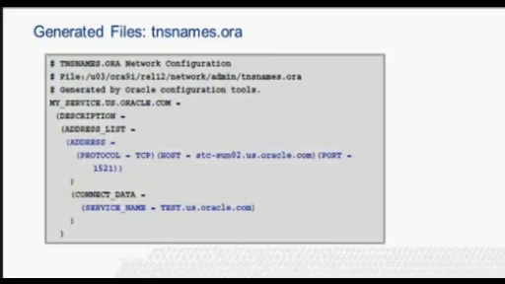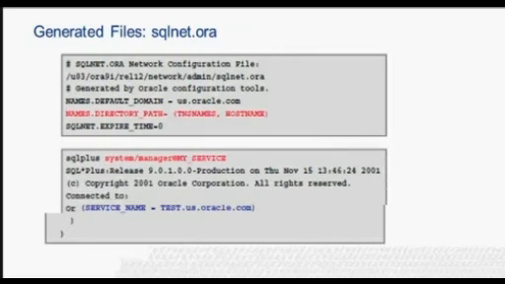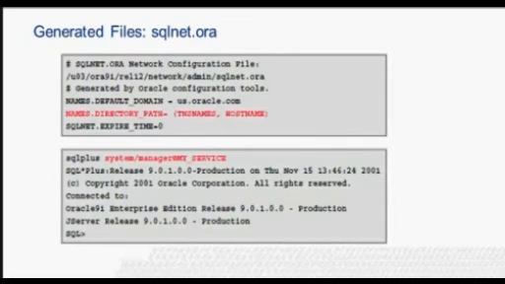Next is address. Address is the keyword for the address specification. If multiple addresses are specified, use the keyword address_list prior to the address. Protocol specifies the protocol to be used. Host specifies the protocol specific information for TCP/IP, thus the host name of the server or IP address. It can differ for another protocol. Then the port. For TCP/IP, it specifies the port number on which the server-side listener is listening.